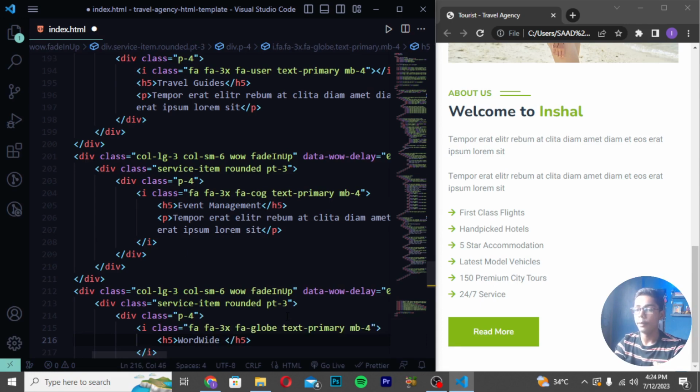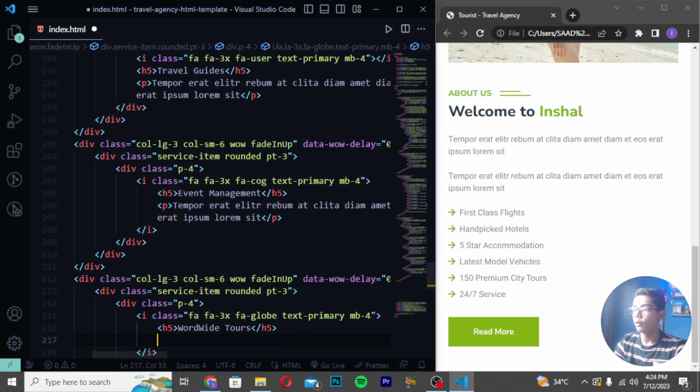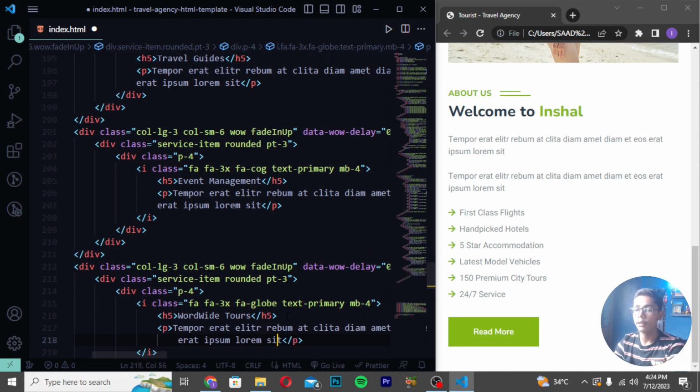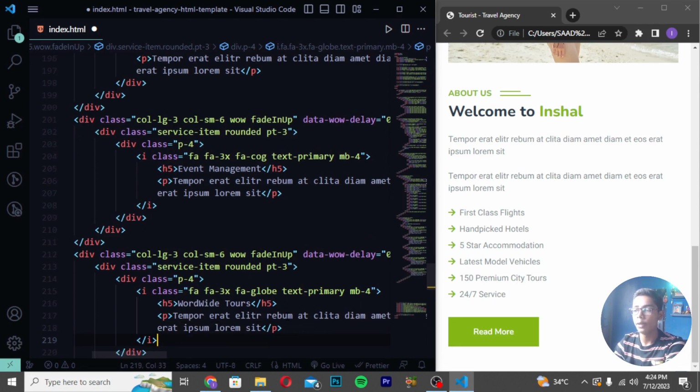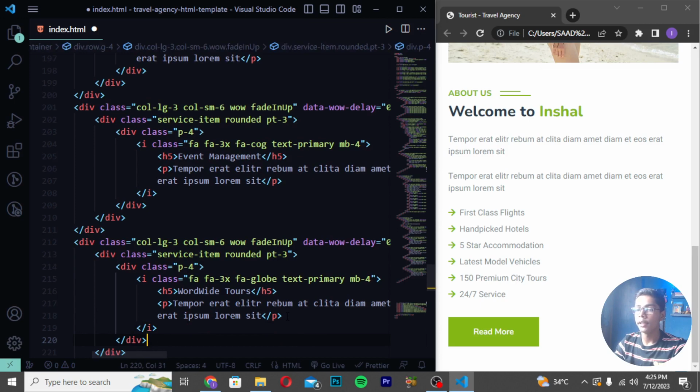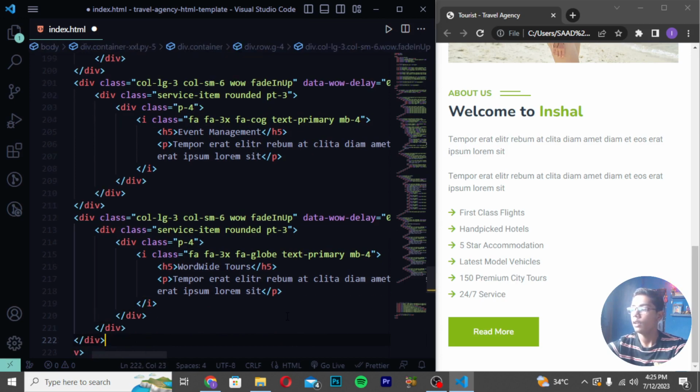So here I will be writing worldwide tours. Then you have to now directly write here p tag. Then you have to paste it again, press backspace from here also. After writing this tag, you have to move after the 3 divs which we have created here, and then you